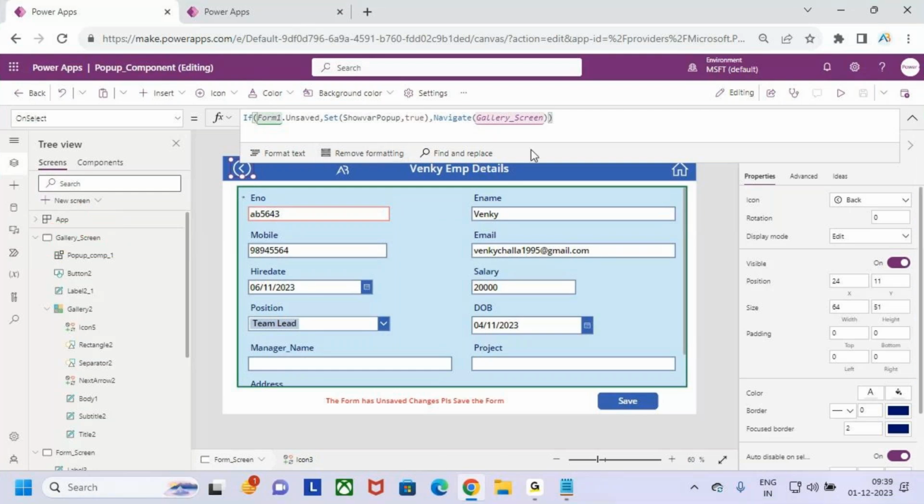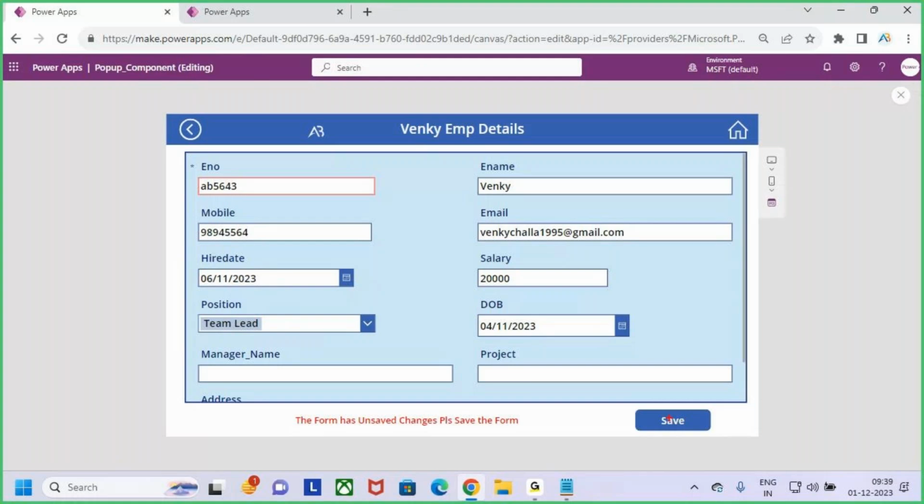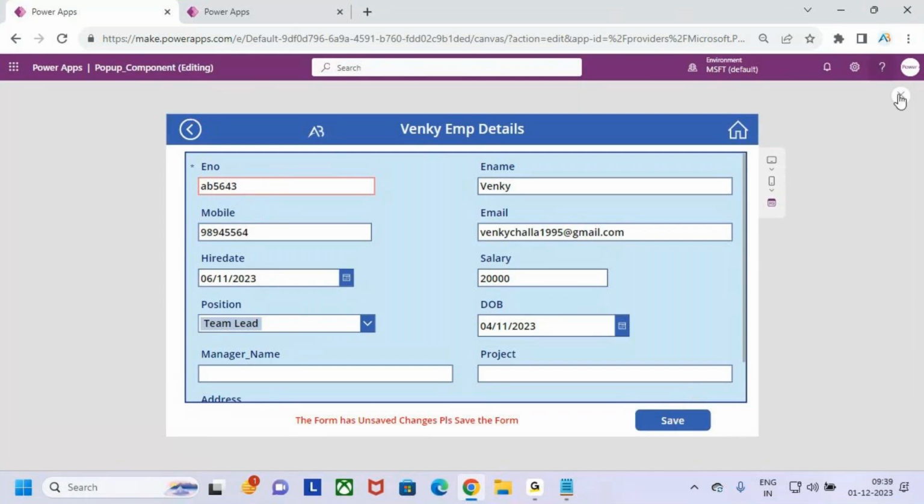Now instead of navigating to another screen, if you do any changes without clicking on the save button, and you click on this back button, I want to display that pop-up component again. Here,